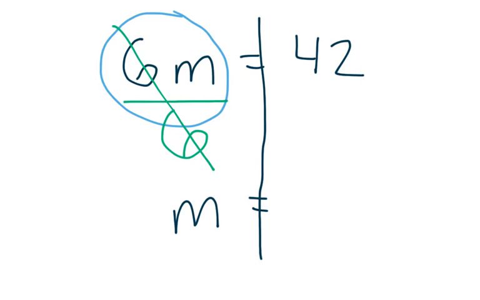I have to cancel out and divide by 6 on the other side, and 42 divided by 6 is equal to 7. I could double check this by plugging 7 back in for m. 6 times 7 equals 42. We'll do one last question here with division. If I had y divided by 2 equaled 16,